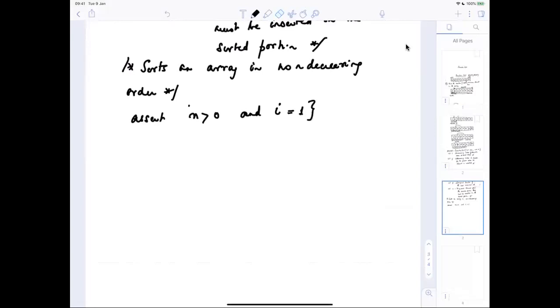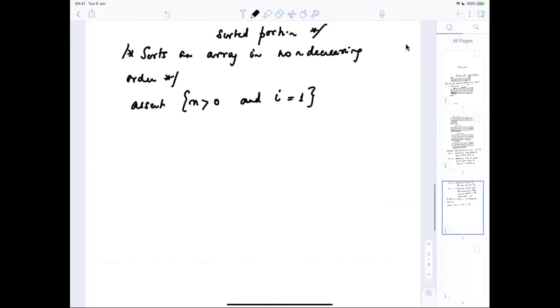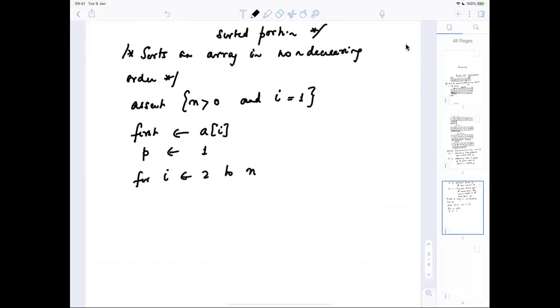That means this is the sorted portion of the array. We first assign the value of a of i, p is assigned the value of 1, and for i going from 2 to n, do